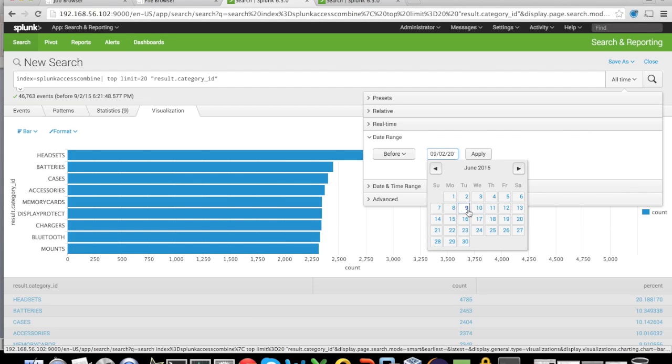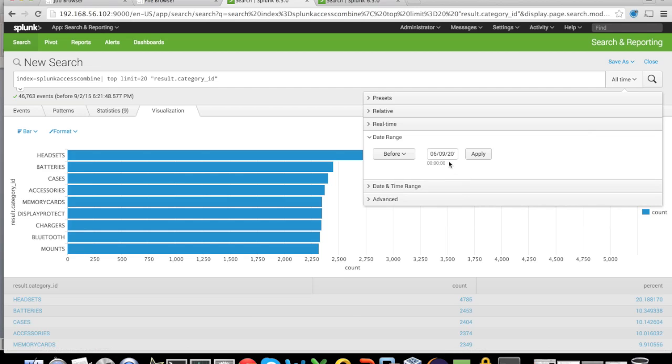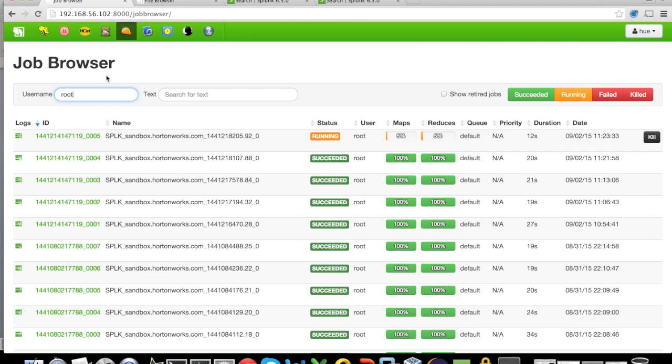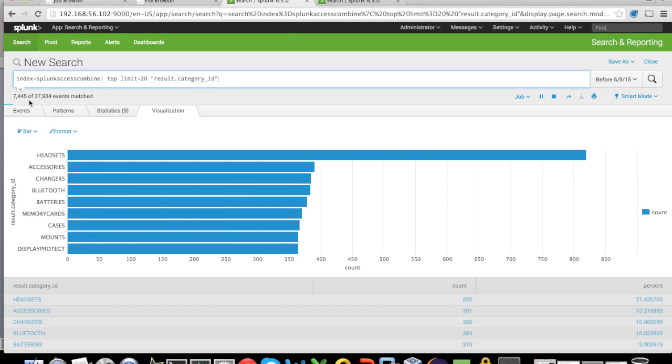In my case, the demo shows that whenever you go into the time picker and select data that is before June 9th, click apply, and start the search, it will go into Hadoop, and we can see via the job browser that a MapReduce job is running right now. The UI will also take a fairly long time to generate the MapReduce job and give us the result,